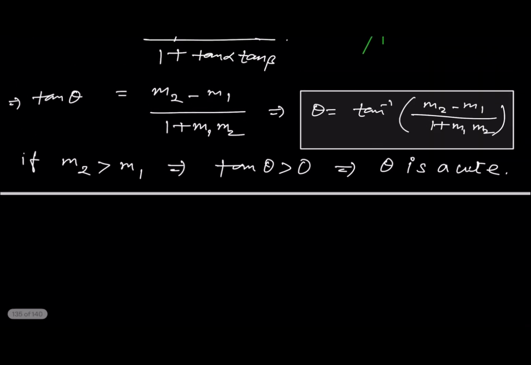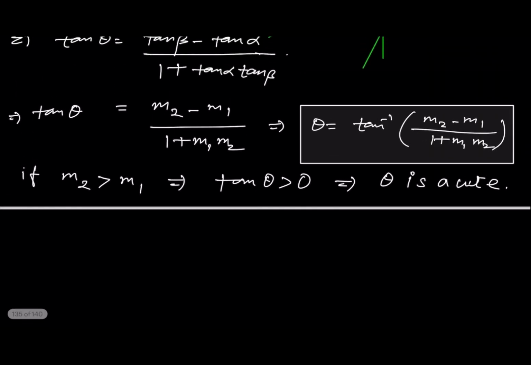So now this is theta in general, tan inverse of m2 minus m1 upon 1 plus m1 m2. But when we are asked to find the angle between two lines, then we consider the acute angle only unless it is stated. Okay, so